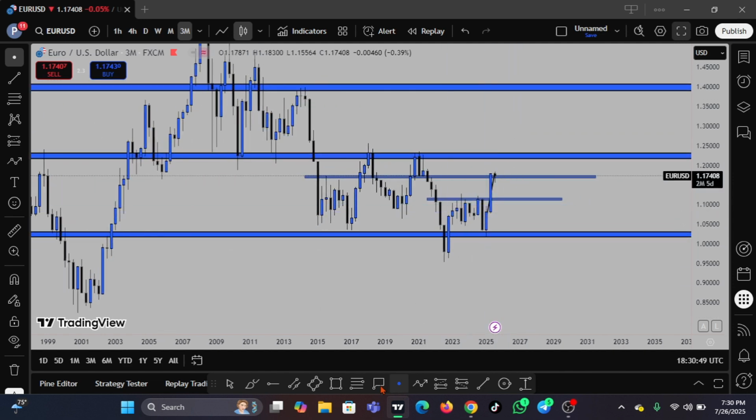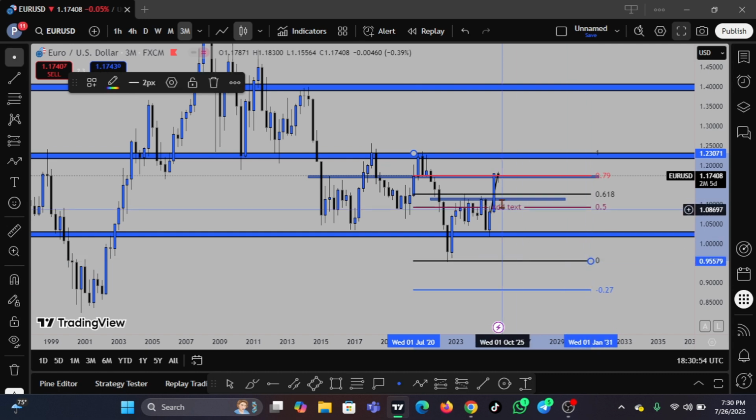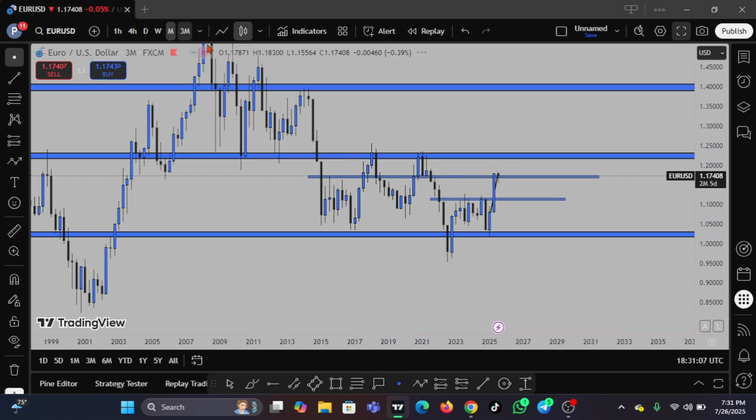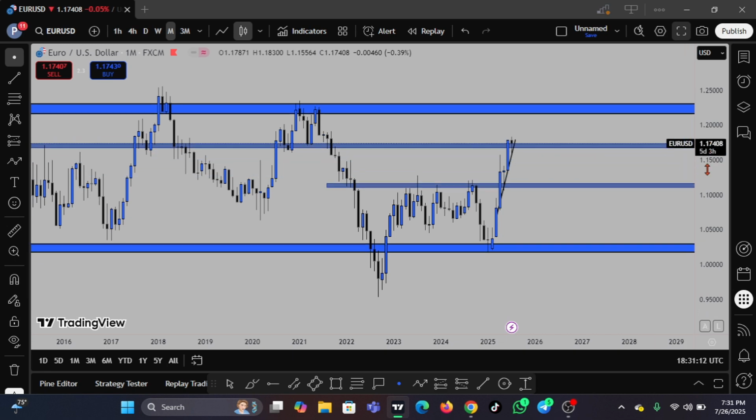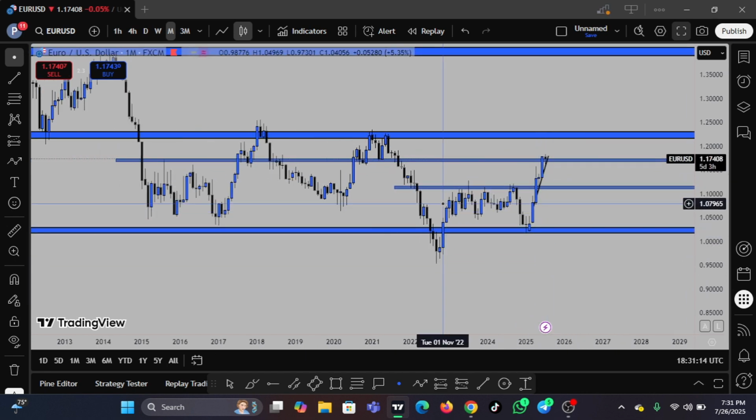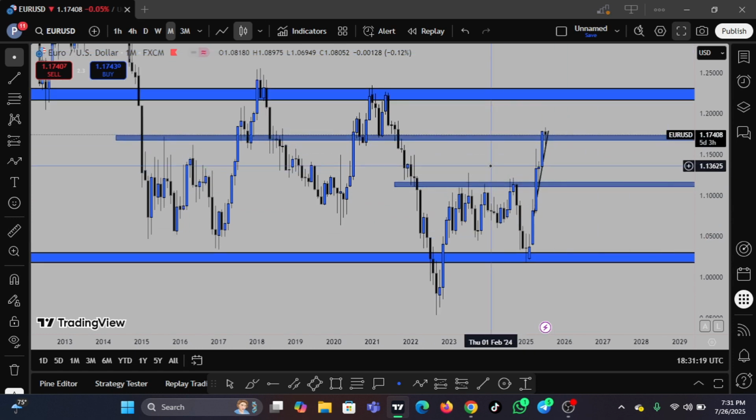Same thing here. If I pull out the Fibonacci zone here, this one is right on the 0.79. So 0.5 and 0.618 fail to hold price. We are testing the last level on our Fib for price to drop lower. So let's narrow down to the weekly charts. On the weekly, we are still seeing that the buyers are very strong. However, we have a resistance point that price is yet to break. Price is currently struggling at this resistance point.